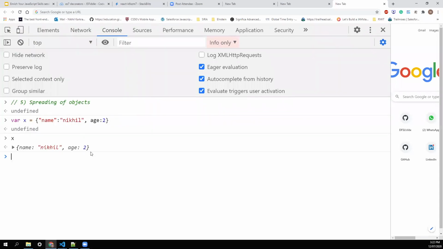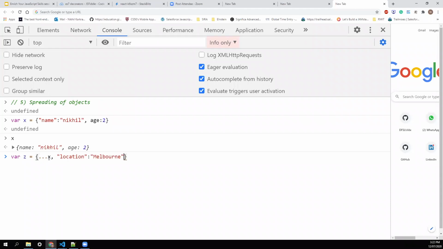Now if I want to add something to this object, I can use the spread operator, and as you know, the spread operator always creates a new copy. So as we are running the operation on an object, it should be object brackets. I'll spread my existing object, that is X, and add a new property location, that is Melbourne.